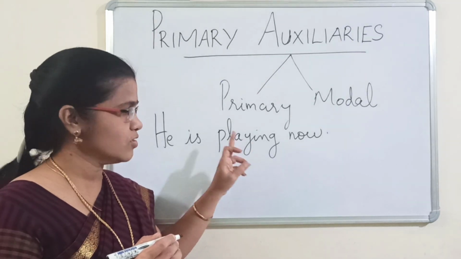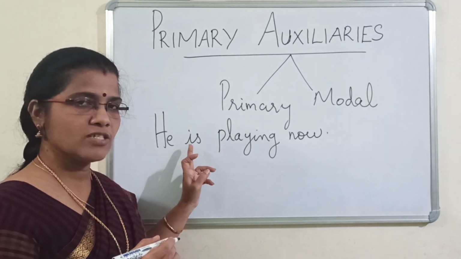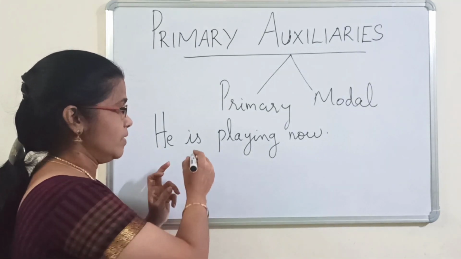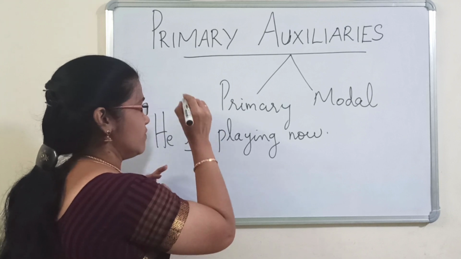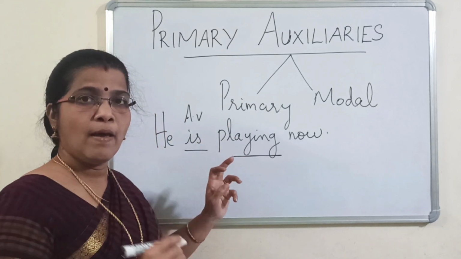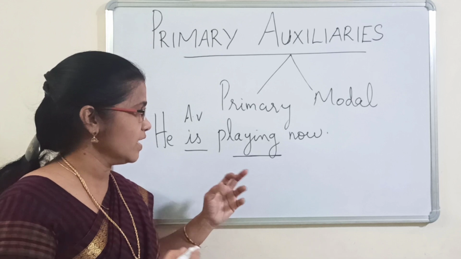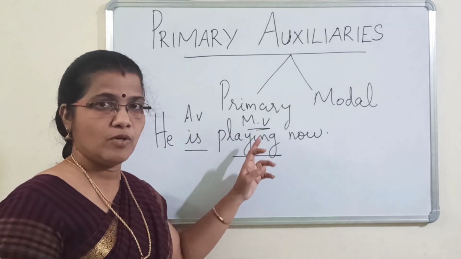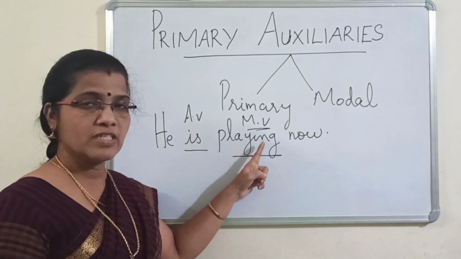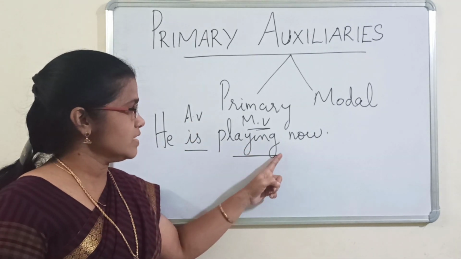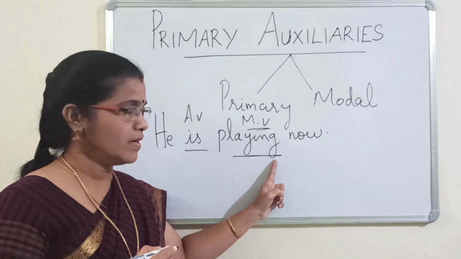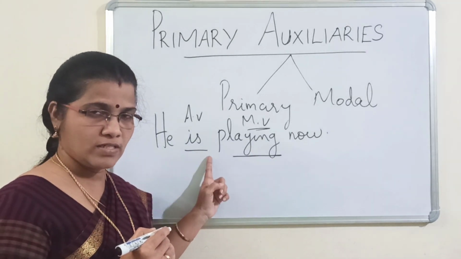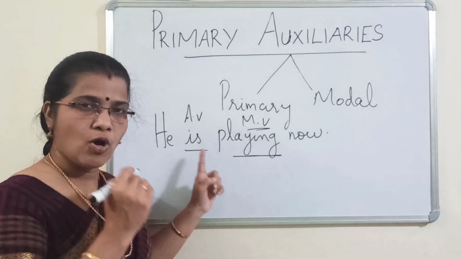To stand or to make a meaning. So that is why it is known as helping verb, and the other word for helping verb is auxiliary verb. So is the auxiliary verb here, and this is the main verb, the action word. You can call it the principal verb also. This is ending with ing. So remember, you cannot use an ing form without having an auxiliary before it. So this is an example for auxiliary verb.